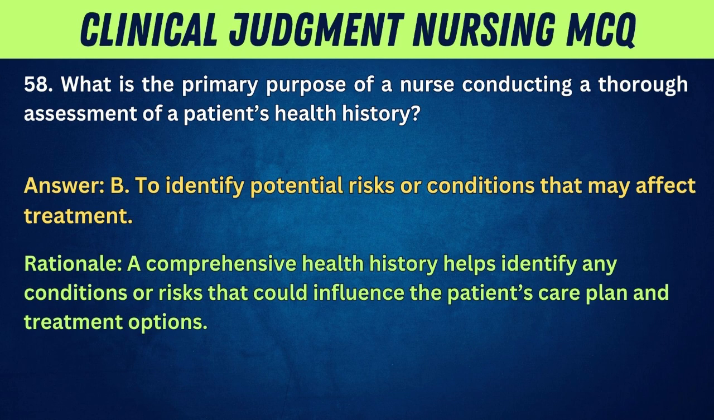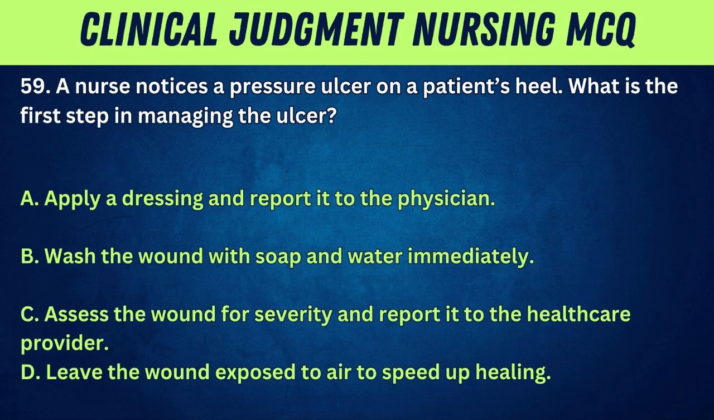Answer. B. To identify potential risks or conditions that may affect treatment. Rationale. A comprehensive health history helps identify any conditions or risks that could influence the patient's care plan and treatment options. 59. If a nurse notices a pressure ulcer on a patient's heel, what is the first step in managing